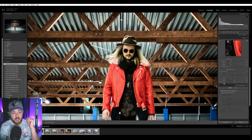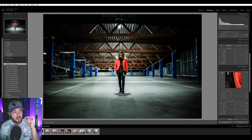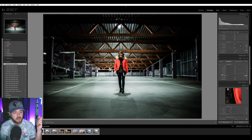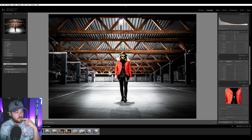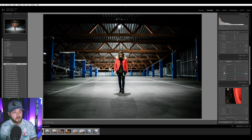Quite noisy, so what I'm actually going to do is add some noise reduction, which is a bit of a no-no, but I'll add some color. So I have a feeling that you came in here and used the blue slider to remove, kind of like that. I personally probably would have left in the blue pillars, but I am going to remove the aqua from the